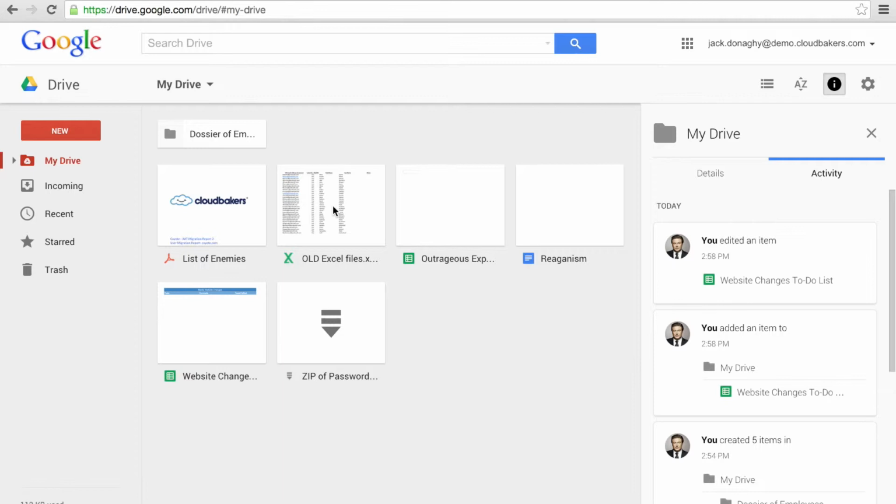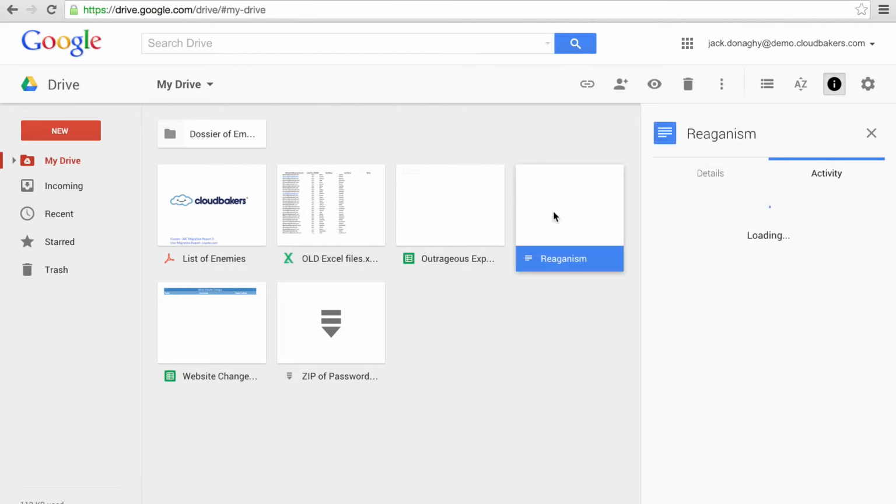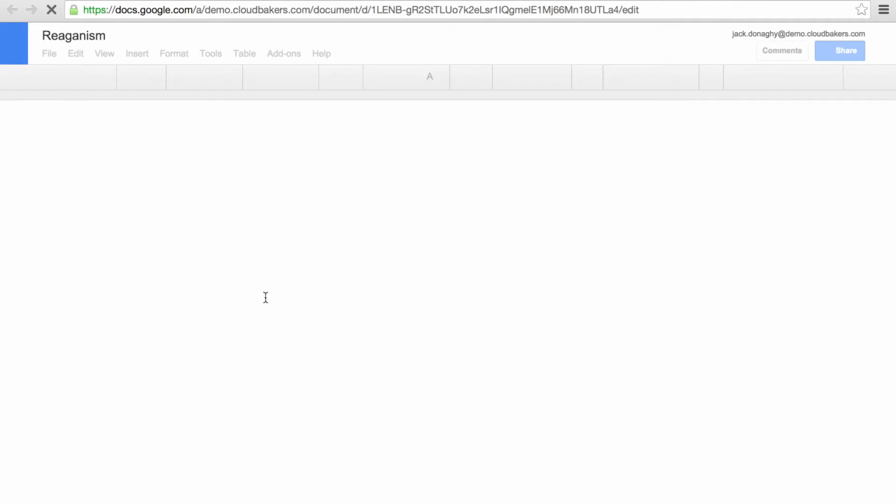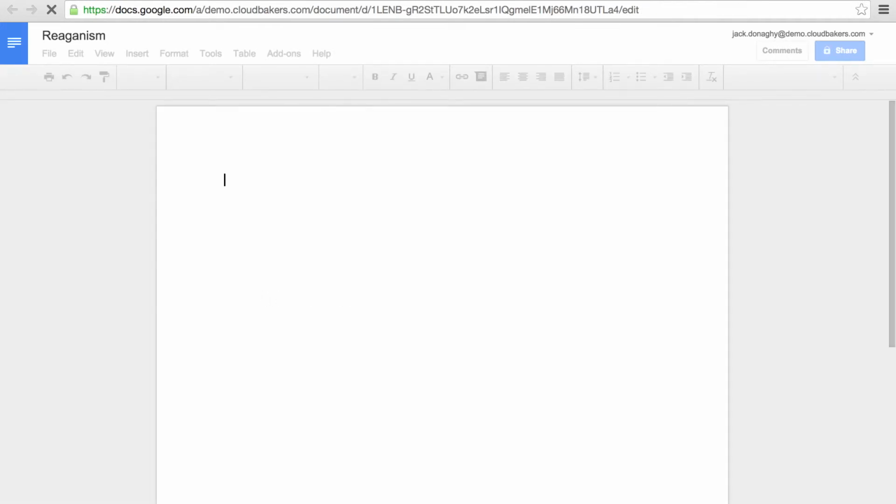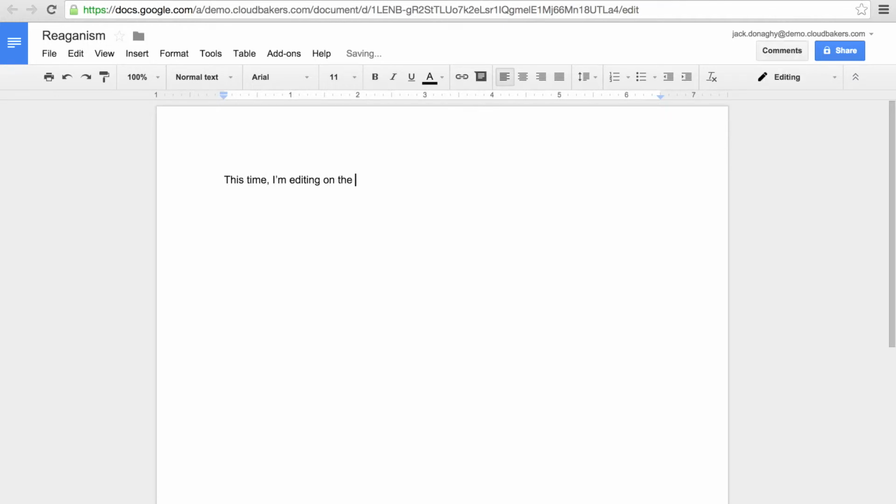The important thing here is that you can access your corporate assets from any computer, tablet, or mobile device. These assets can be shared with the entire team and live in one secure location. You never have to worry about quotas again.